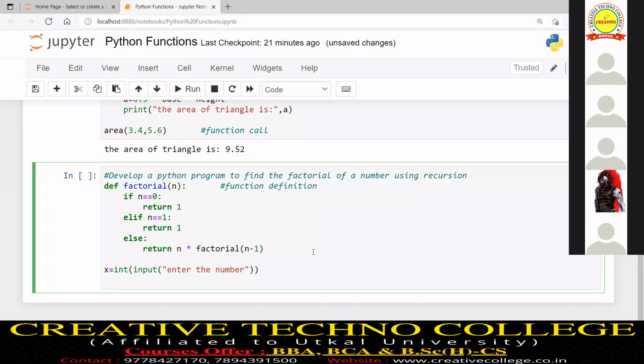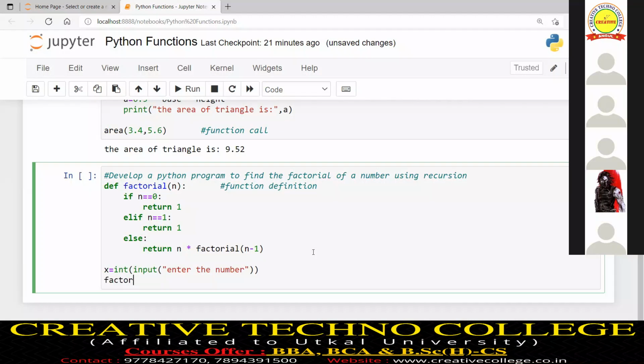That means the target type I specified. That means x is a variable and the value of x, enter the number. If I give the value, suppose 5 or 6 or 7, whatever you give, that is the value of x. Okay, now I will call the function.